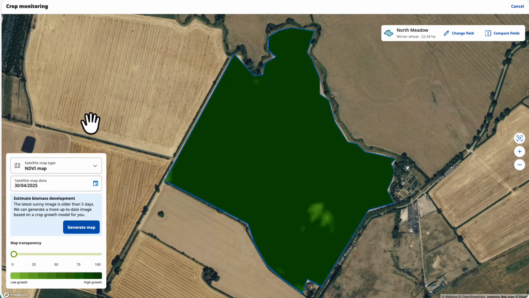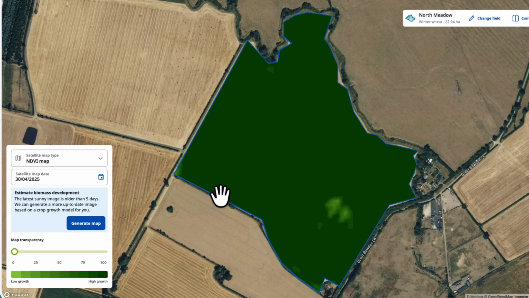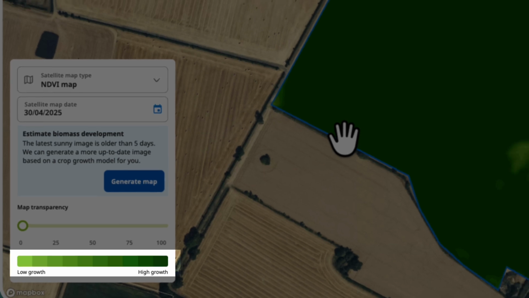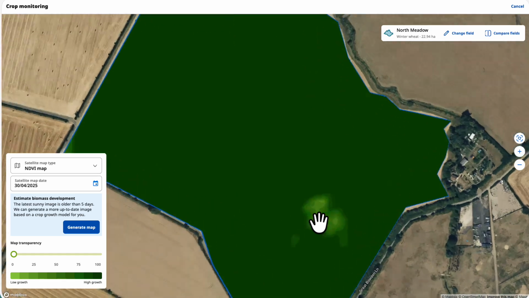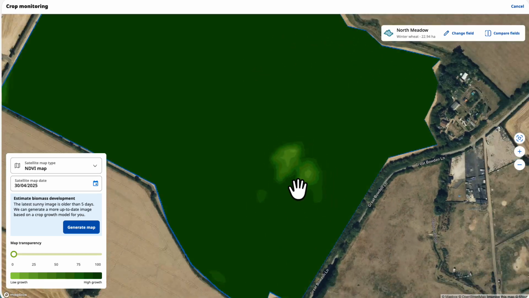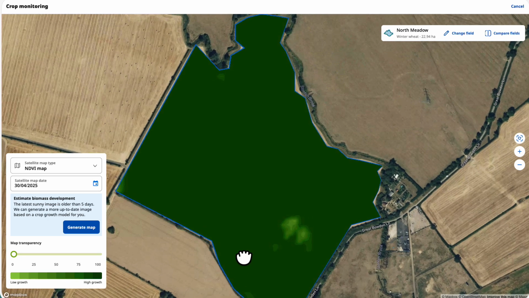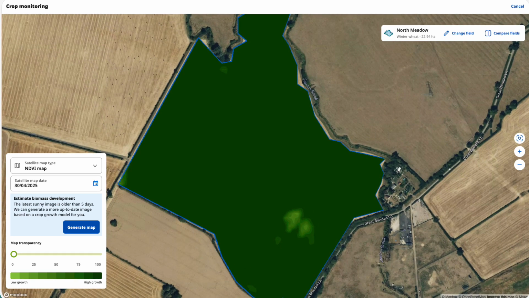The NDVI map, or Normalized Difference Vegetation Index, measures crop density by analyzing how much red and near-infrared light the canopy reflects. Darker green areas indicate higher biomass or crop density, while lighter areas show lower density. NDVI works well early in the season, before the crop reaches full canopy. At later growth stages, the index can saturate, meaning areas with very different nitrogen needs may look similar because the